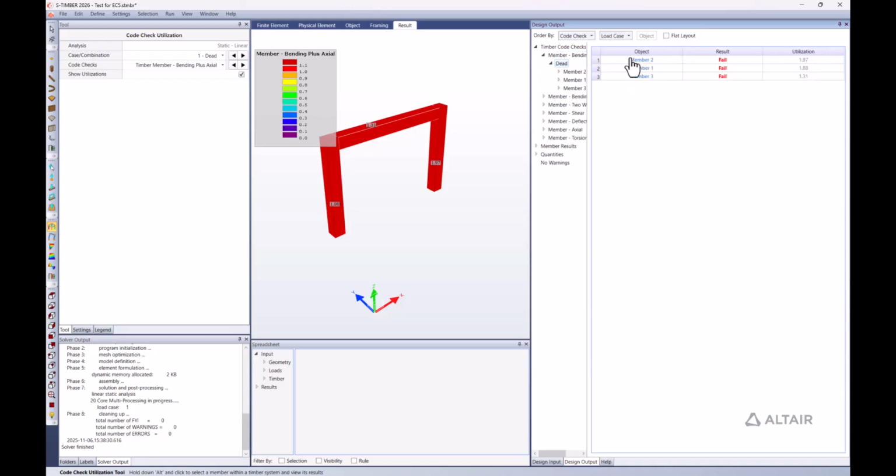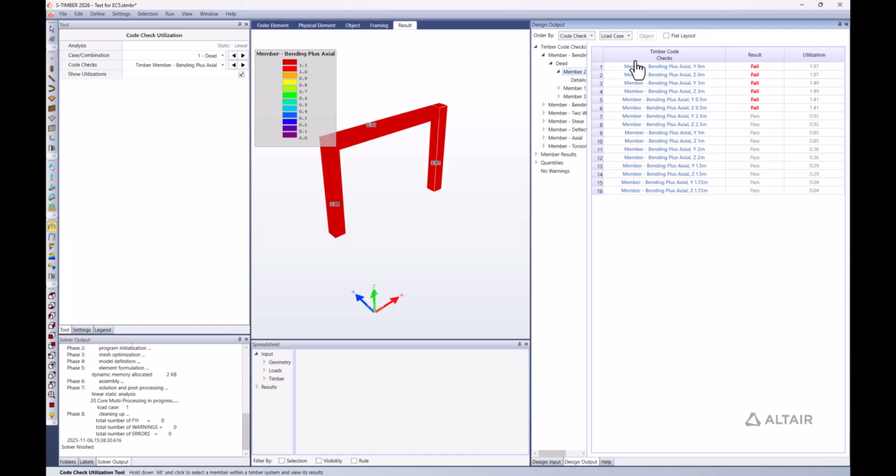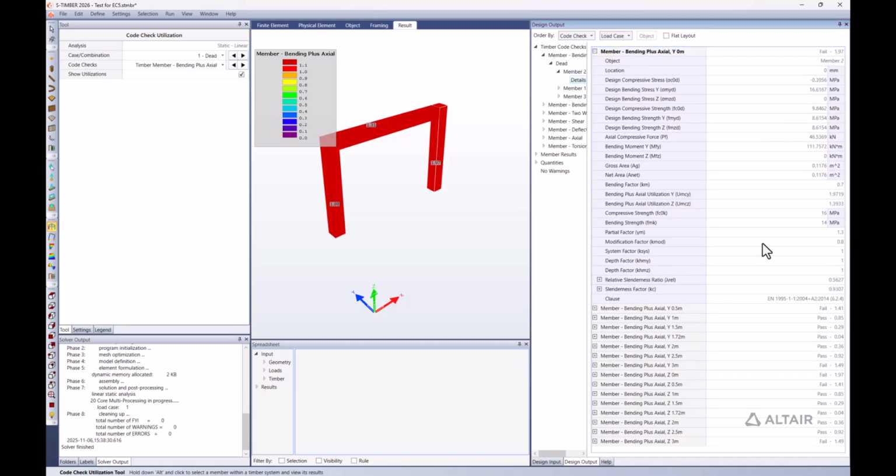We can see that this load case is basically failing all of our elements. Take a look at the one that it's failing by the biggest margin and go one by one by the different states and take a look at the specifics of each one of these code checks. So with that, we can go ahead and verify our design to different code checks with different cases and have a successful design